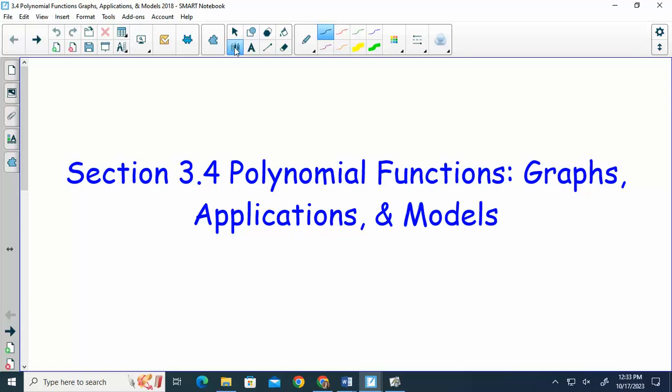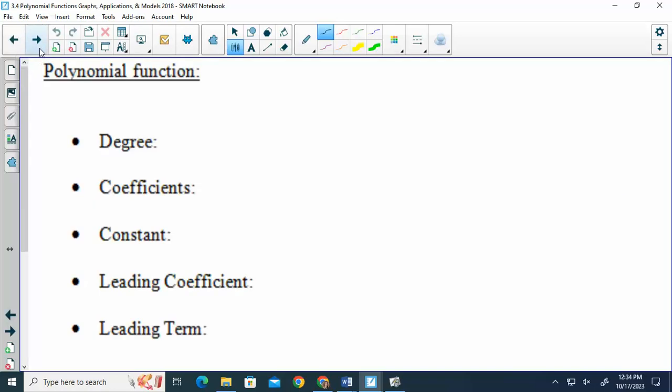So we are still talking about polynomials. We've been factoring them, finding all their zeros, and we're going to take that in this section and start graphing all these different polynomials. So we're not going to get all the way through the notes today, we're just going to do part of them. So a polynomial function, if you are looking, you will have something like